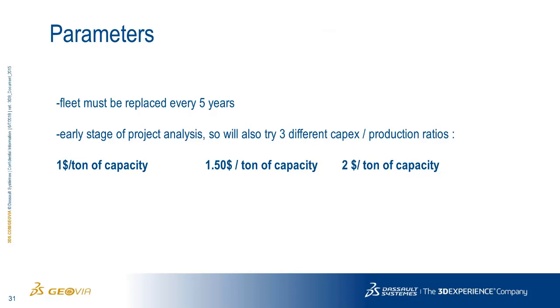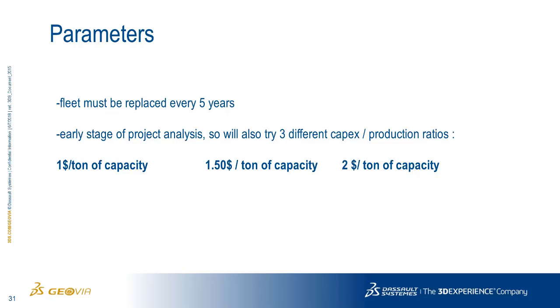So some of the parameters they used in this example is they said the fleet had to be replaced every 5 years. So every 5 years, we'd reanalyze where that capacity level should be. So it's not that I have to just specify it once at the very beginning. I could do that. In this case, just to show you the complexity, I have that decision of where that capital level and capacity level should be every 5 years.